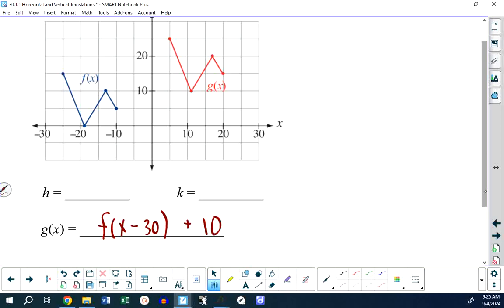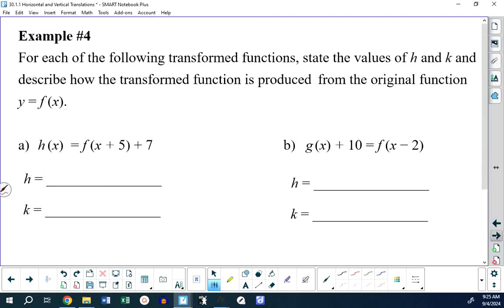Right? These blanks are here maybe to help you and to formalize what we're doing, in that we're putting those parameters in here and getting the result. Each of the following transform functions are given. What are the values of h and k? And describe how the transformations